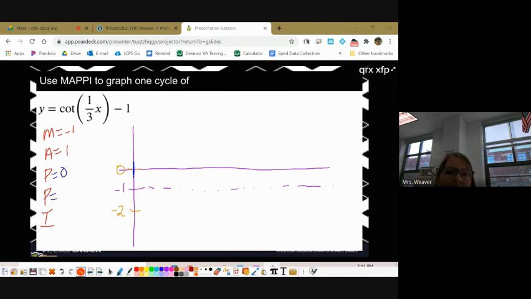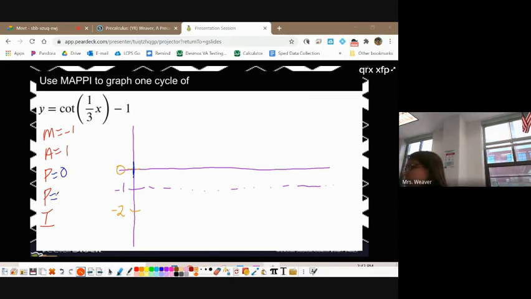Period is period of the parent function divided by b. So what's my parent function's period for cotangent altogether? Oh, that was no response on altogether. How did we get no response on altogether? Tangent and cotangent have a parent function with a period of pi units. You've got your notes right there. You can go back and look at them, okay? So that's going to be pi units